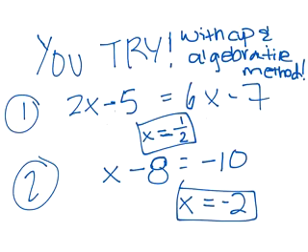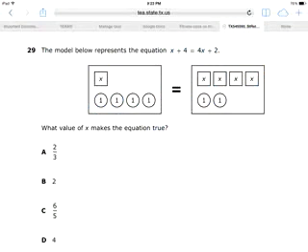Okay, so hopefully you were able to solve both of these. For the first one, we actually get a fraction. Each of the x's is representing a half, and then for number 2, each of the x's ended up representing negative 2 tiles. And to finish off,